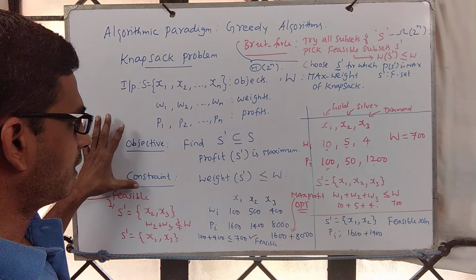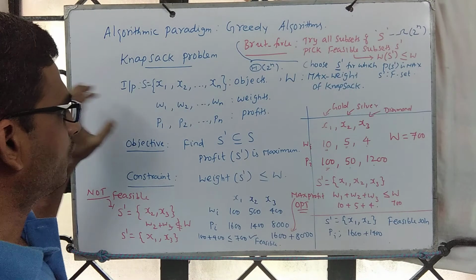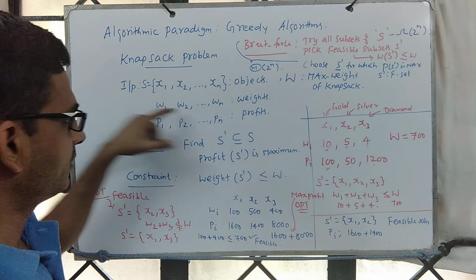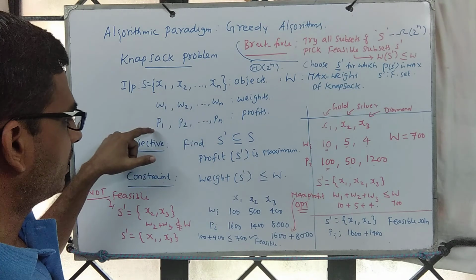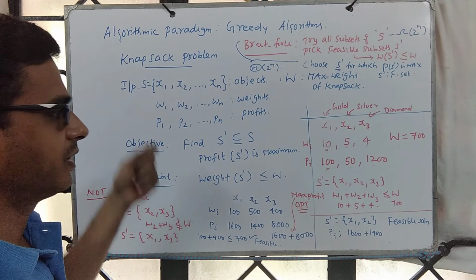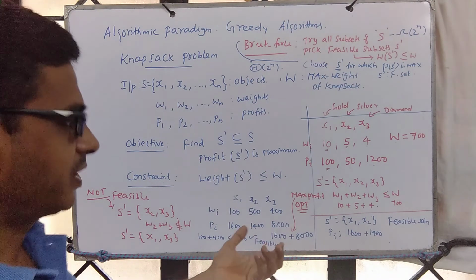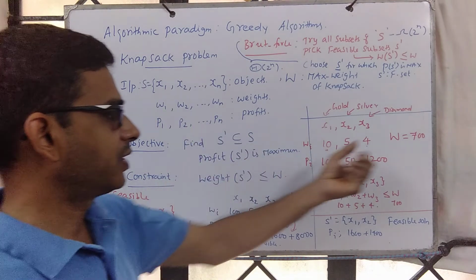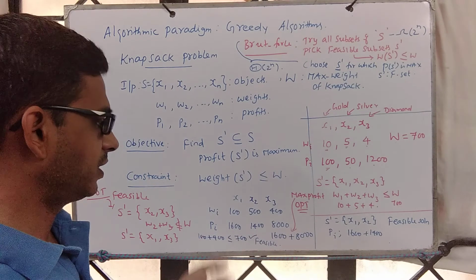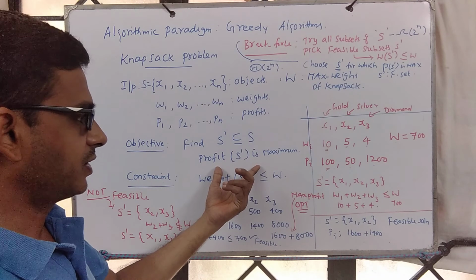It's a classical problem wherein you are given n objects. Say you enter a showroom and you see that there are n objects, and there is a weight associated with each, and if you pick that object, then there is a profit associated with it, correct? But you can only carry so much, and you cannot take all of them. What you can carry at most is given by this weight W, and the objective is to maximize the profit earned.